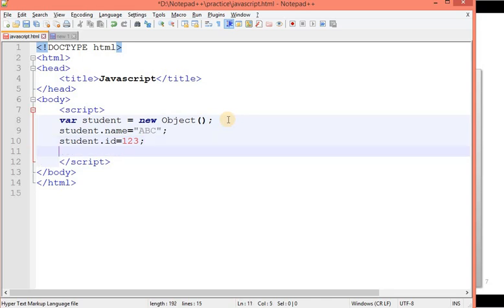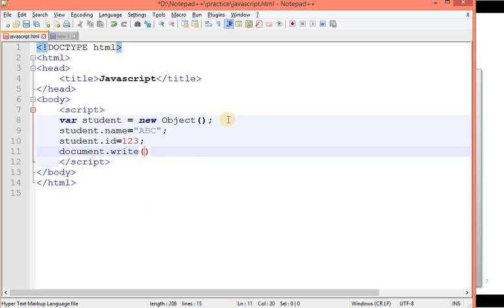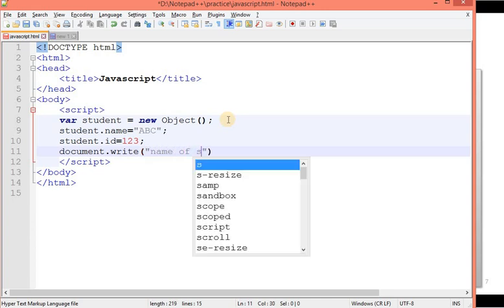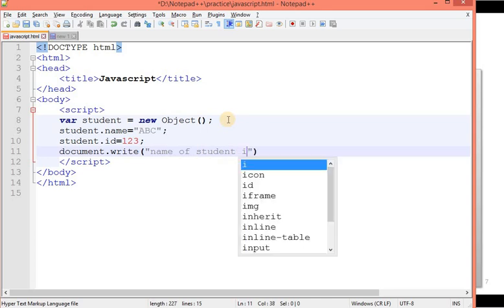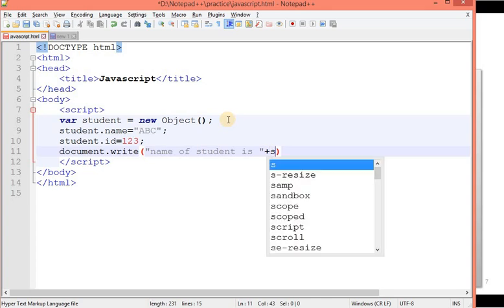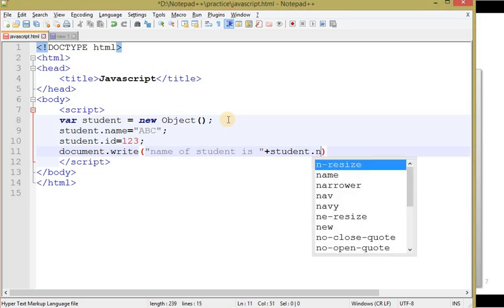Now I just want to print it out. document.write, so let's say "name of student is". Okay, this is our string. Now I want to actually print the name of the student, so object name, that is student, dot property name, that is name, so student.name.